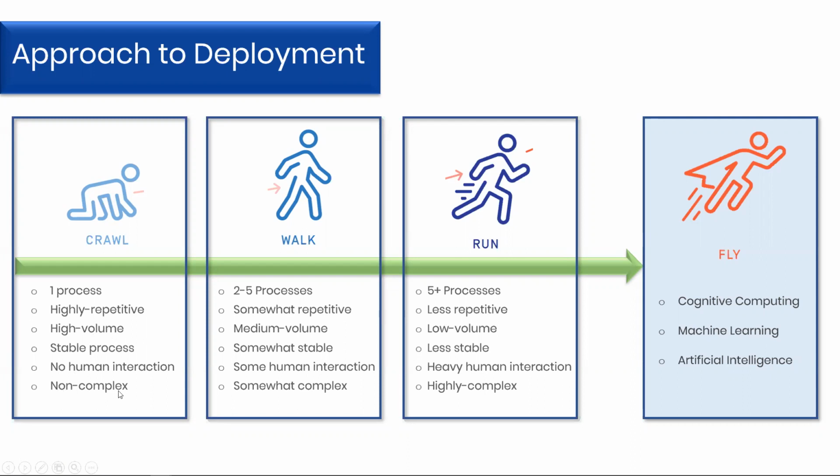Crawl, a non-complex process, meaning it doesn't have a lot of steps. It doesn't require a lot of calculations, a lot of if, then, and or scenarios, and so on and so forth. That's not to say that the run scenarios cannot be achieved. They absolutely can. But what we recommend to anyone who's beginning their RPA journey is to just start with a crawl scenario, and this would be the kind of process that they'd be looking for. And then obviously fly, we don't want to leave that off. That's where you start getting into automation, artificial intelligence, machine learning, and all of those areas that we talked about earlier.